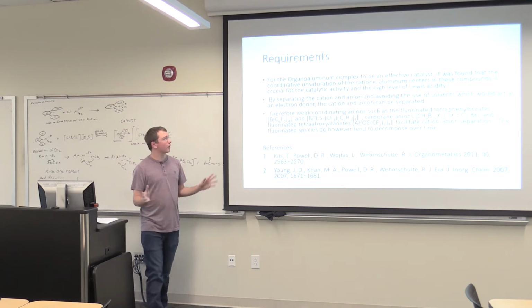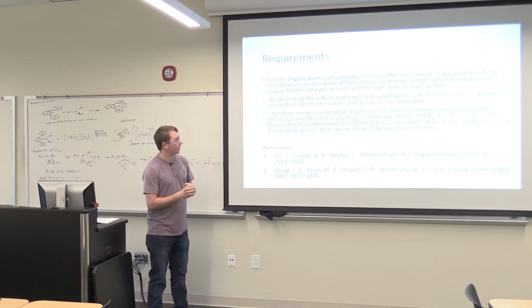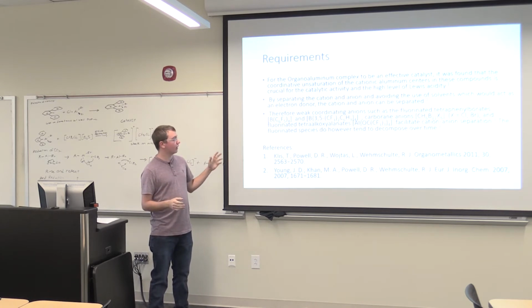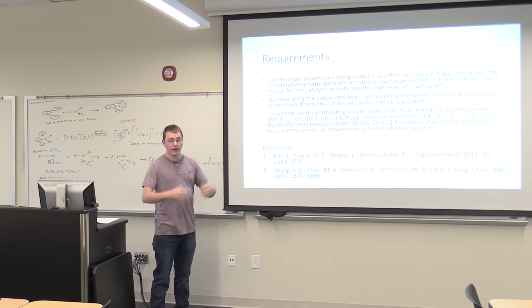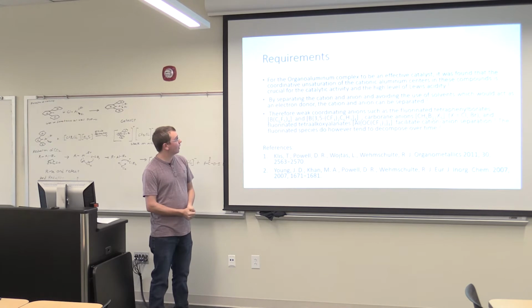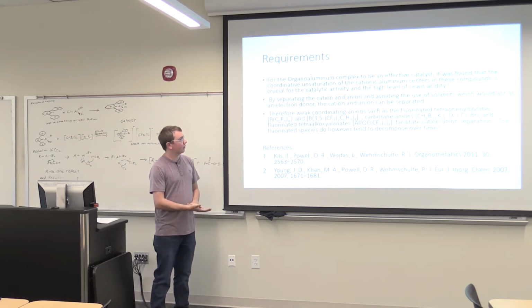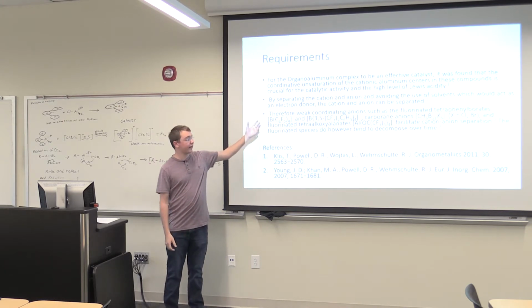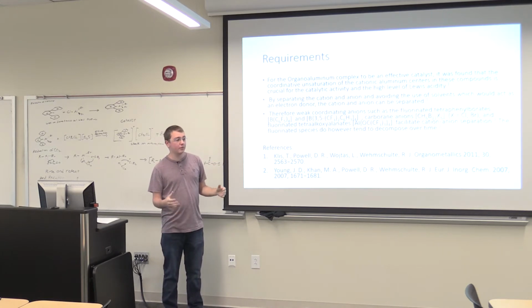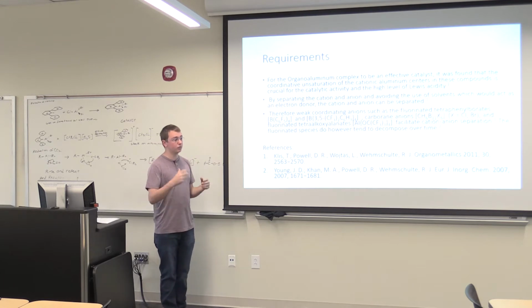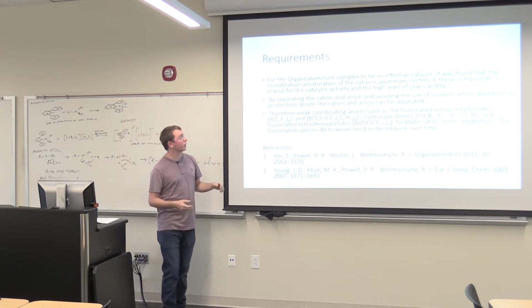Some of the requirements for it to be an effective catalyst: they decided that it had to be pretty much unsaturated, at least in one spot. You have to have a space for something to come in and bind, do the reaction, and then it has to separate again. That's one of the reasons they mentioned that for the catalytic activity to really occur, it had to be more of a Lewis acid. It had to be able to donate that lone pair of electrons,